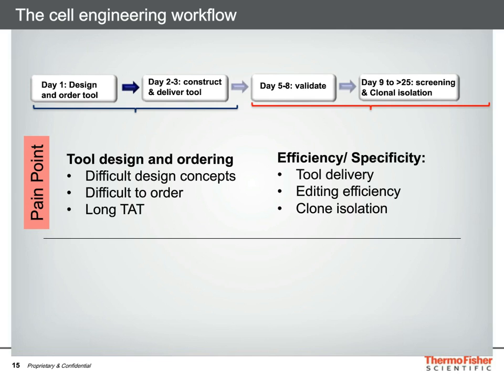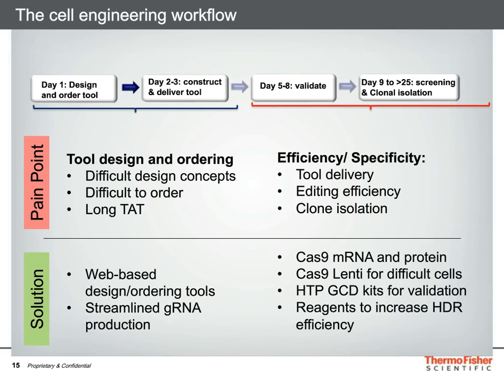And that's really where the pain comes in, I think, in this whole editing workflow: the manipulation of multiple different cell lines, especially when they're iPS and ES cells, which are notoriously difficult to manipulate. They grow slowly, so the fewer colonies and clones that you have to manipulate to find your edited clone, the better. So some of the things that we worked on a little bit in the last few years to help